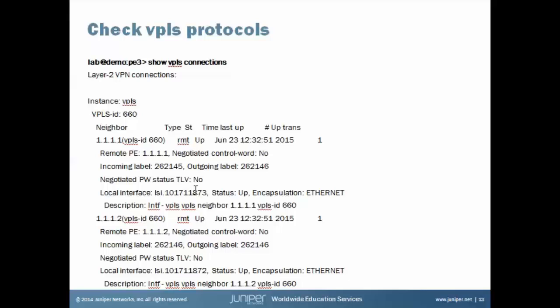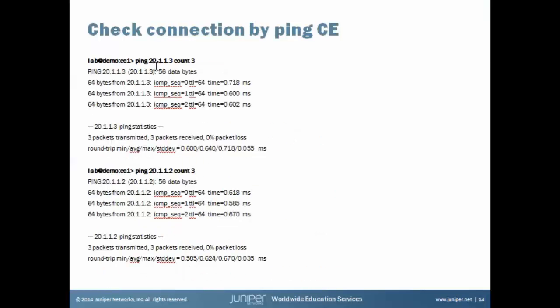So if you remember, we set the protocol VPLS with no tunnel service, so we are using the local switch interface here. So we can see here there is an LSI 1017.11.873 for PE1, and for PE2 we are using the LSI 1017.11.872. Okay, after we check the MPLS, the LDP, the OSPF, the IGP, and then we check the